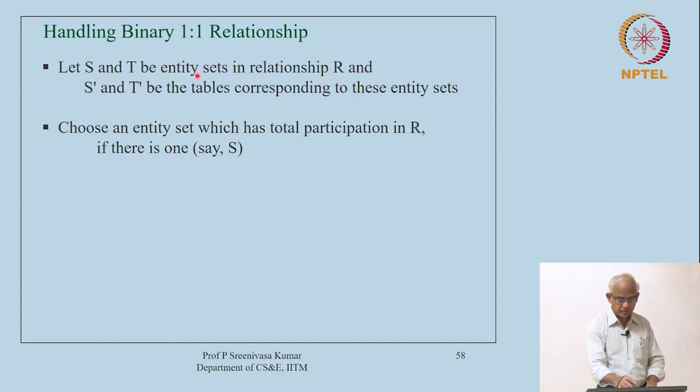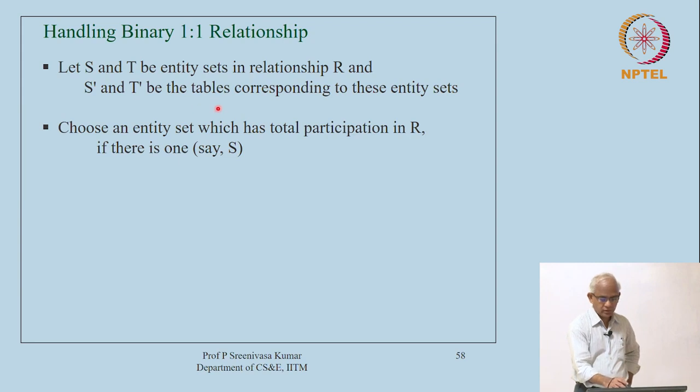So, there are two entities. Let S and T be the entities that are in relationship R, and let us say we have already mapped S into S prime, T to T prime. So, we did the mapping of the entities, and so we have got two tables, and now we have to